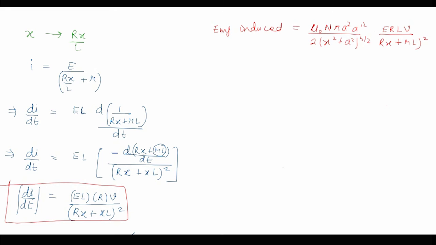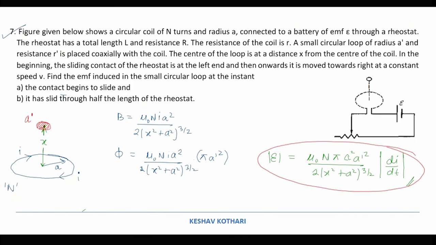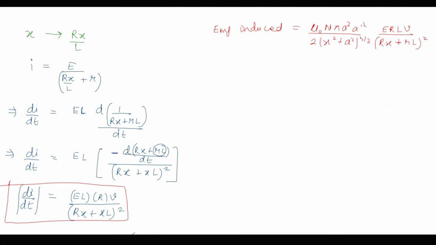Now the question asks us to calculate the value at two instants: when the contact begins to slide, and when it has slid through half the length of the rheostat. For the A part, the value will be when x is equal to L. If we put x equal to L in this expression, we obtain the induced EMF in the A part, which we call EA. So it will become mu naught n pi a square a dash square